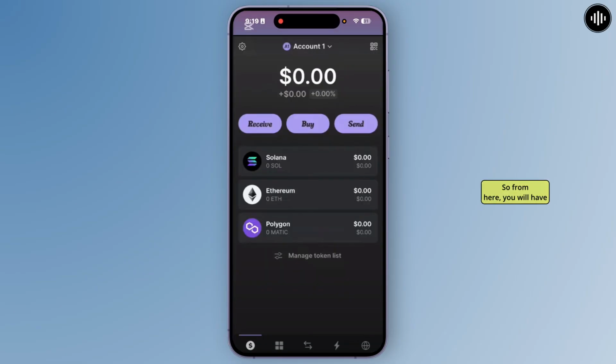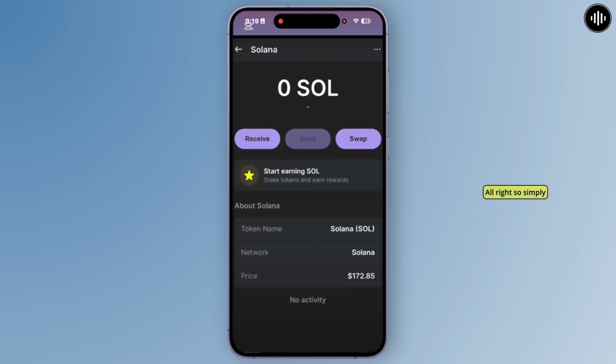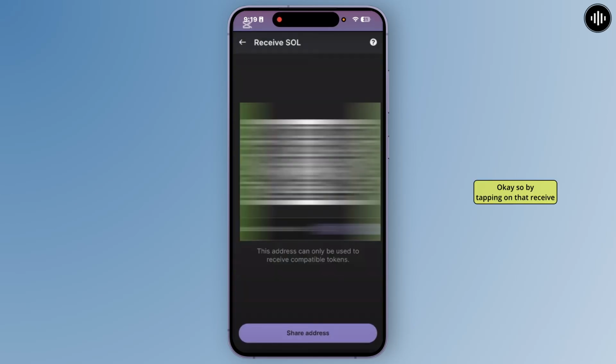So from here, you'll have to tap on the option Solana. So simply tap on it. Alright, so simply from here tap on Receive. Okay, so by tapping on that Receive option, you'll be able to find your QR code or the address of your Phantom Wallet. So from there, you'll have to copy your Phantom Wallet address, and from there, you'll have to